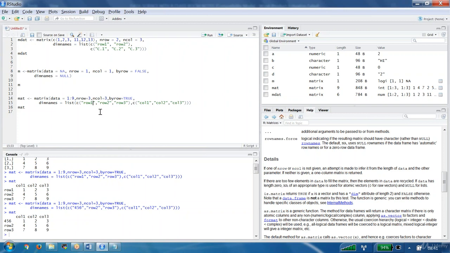Oh, okay, I understand now. You are asking about row 1. It is taking 1, 2, 3, but you want 4, 5, 6. Then what do I need to do? Supply the values in that same order. Meaning you have to write here c of 4 comma 5 comma 6 comma 1 comma 2 comma 3 comma 7 comma 8 comma 9.